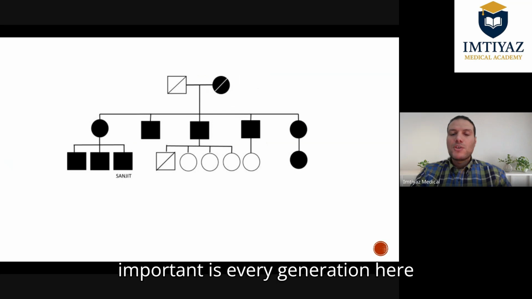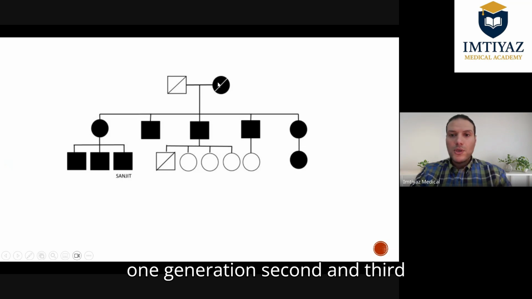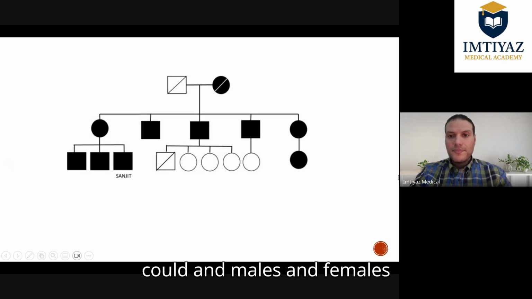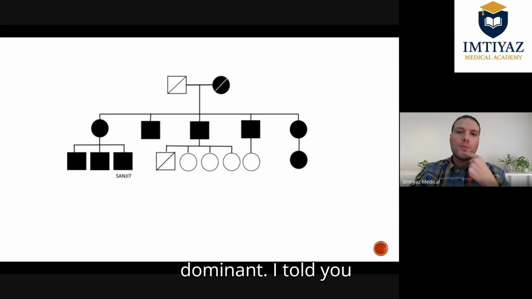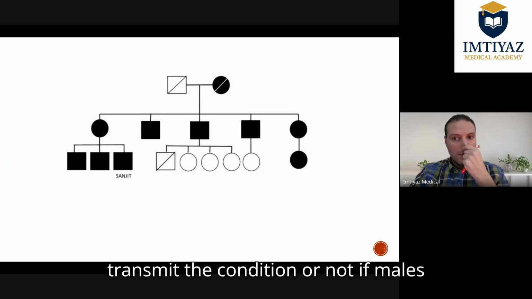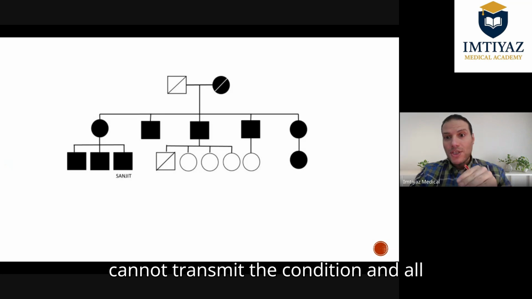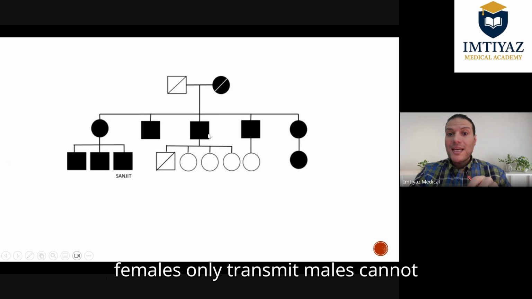Next, super important. Does every generation here have affected individuals? Yes. Here, one generation, second and third. And males and females can be affected. So far, it may look like it is autosomal dominant. But I told you the third step, look for, can males transmit the condition or not? If males cannot transmit the condition and all generations can be affected, and females only transmit,